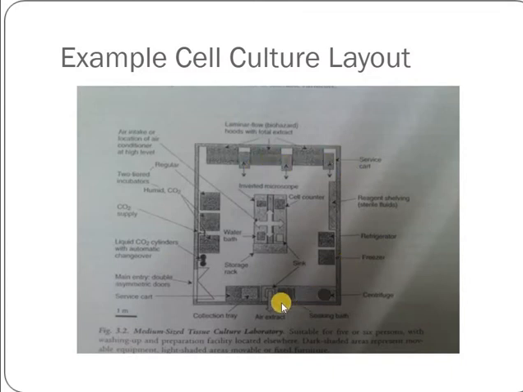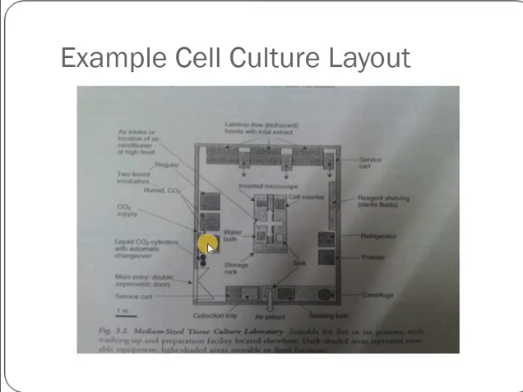As you see here, this is a perfect location wherein there is a main entry with double asymmetric doors. As you enter, towards your left you will find liquid carbon dioxide cylinders as a storage point. This is kept at the beginning itself because when it has to be refilled, the person need not roam around inside the laboratory. Then comes the carbon dioxide supply unit, which will be linked,